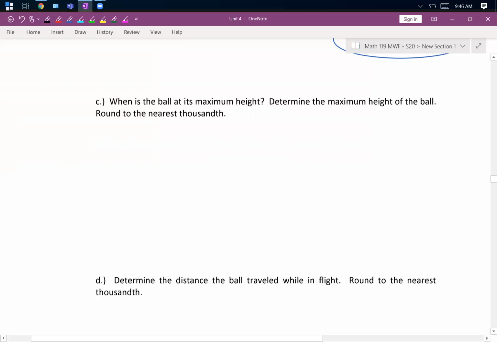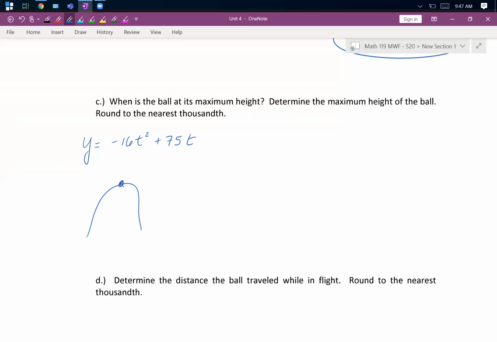Notice that our y equation is a quadratic, and it's a quadratic with a negative leading coefficient. So the graph of this quadratic would be a parabola that's pointing down. Where does the maximum of that occur? That'd be halfway. Can I get a vocab word? It starts with a V. Vertex. Right, at the vertex. So what we need to do is find the vertex of our parabola, and that's where the